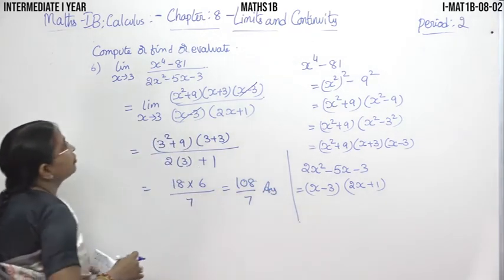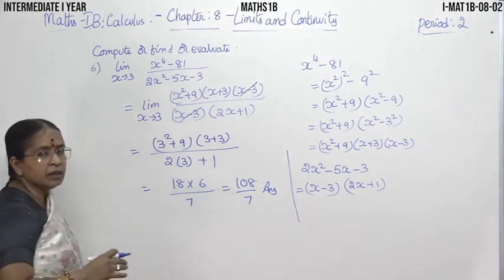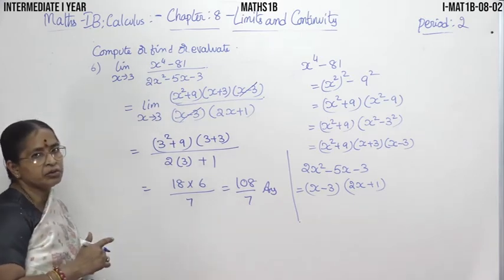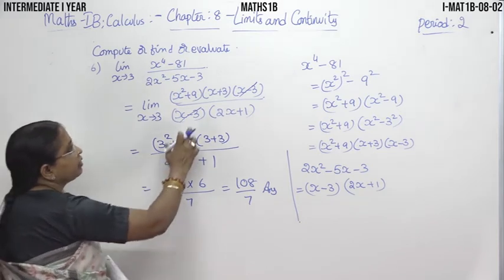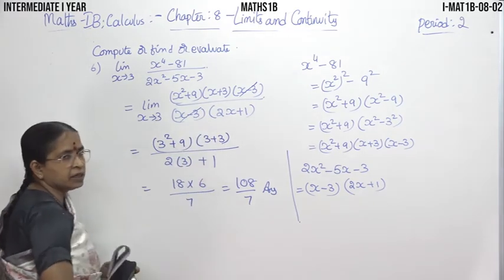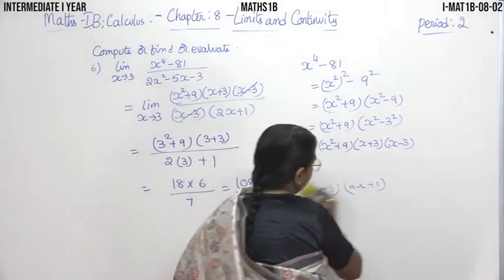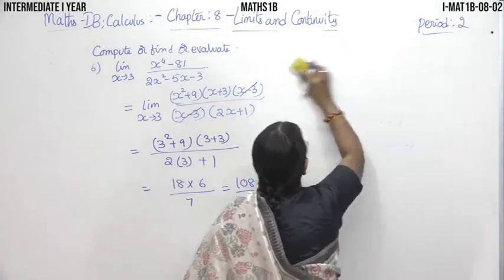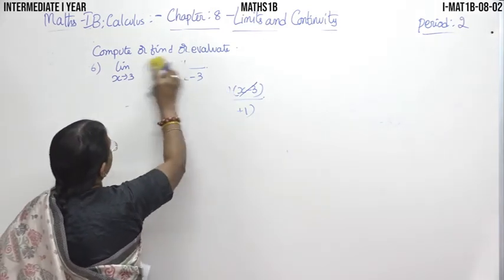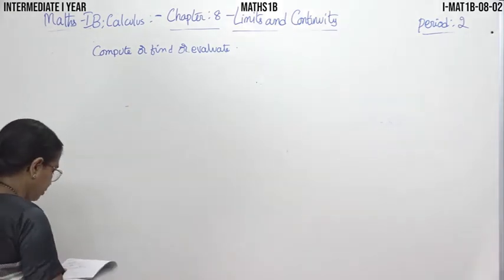So like this you have to find the limits. It is very simple. So here when we are getting indeterminate form 0 by 0, one method that we used here is factorization. We found the factors, cancel the common factor like that, and then we simplified. So factorization is one method to find the limit when it is in the indeterminate form. Now we'll see another method to find the limit when it is again in the indeterminate form. Okay, next